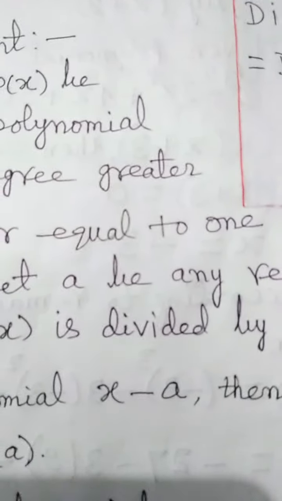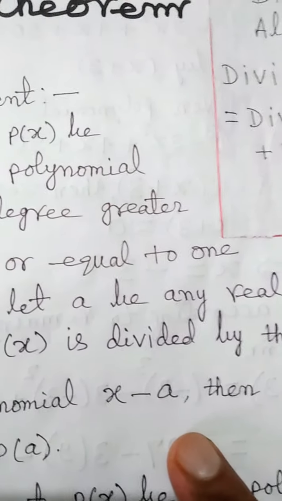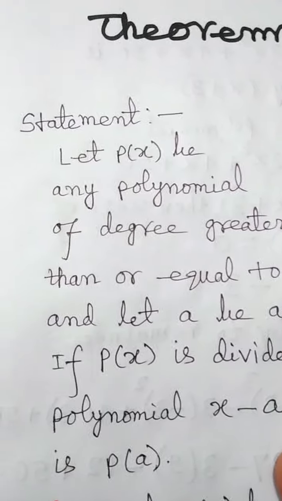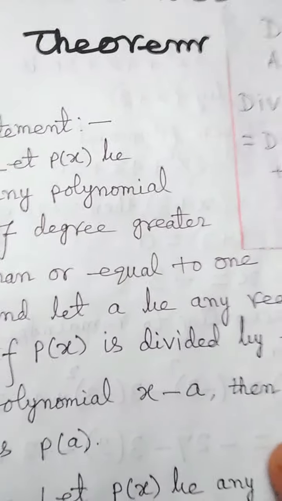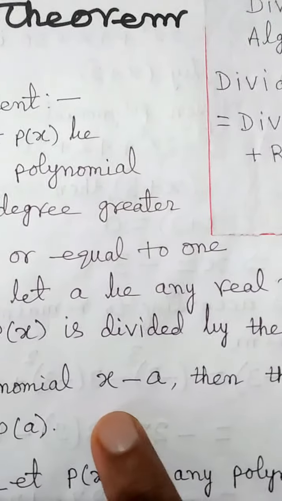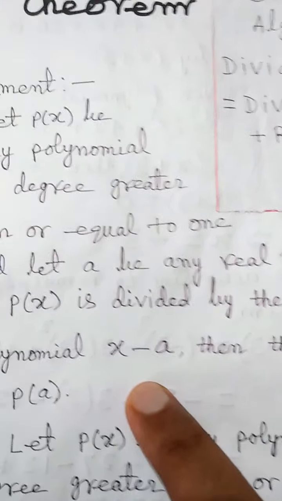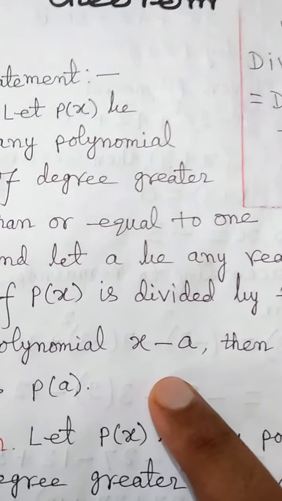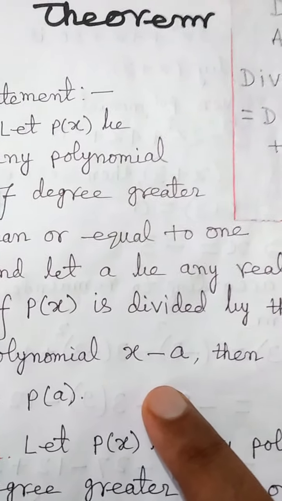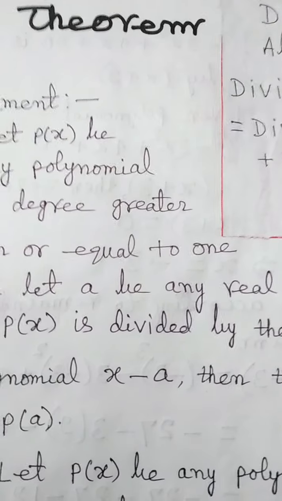As we observed, in division of polynomials, the degree of the remainder is less than that of the divisor. Here the divisor is x minus a. Its degree is 1. So the degree of the remainder, if it is a polynomial, will be 0. Even the remainder can be 0, which is also a polynomial, that is the zero polynomial.